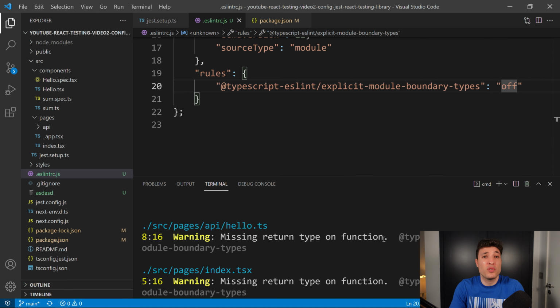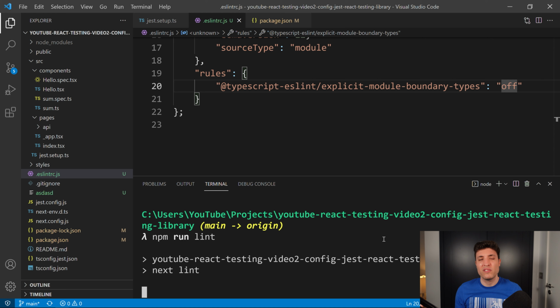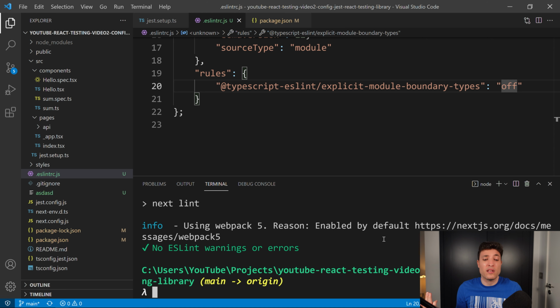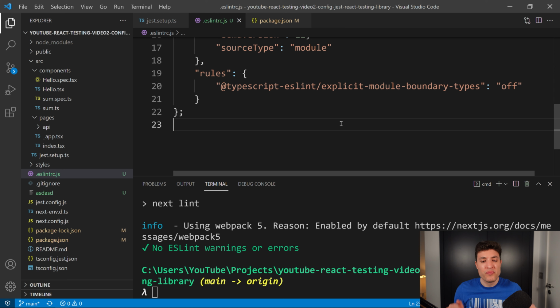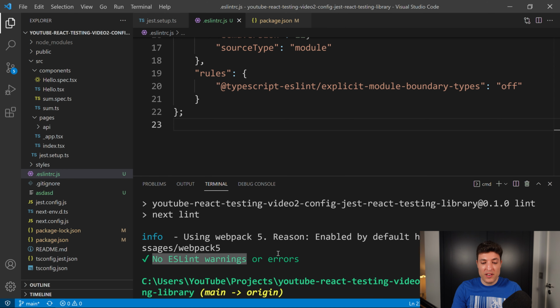So if your team doesn't like a specific rule, feel very welcome to go ahead and just remove that rule from your linting tools. Even though I will probably use that rule, you are very welcome to go and just remove it. Now that we have that bit running and we see that we have no ESLint warnings or errors,